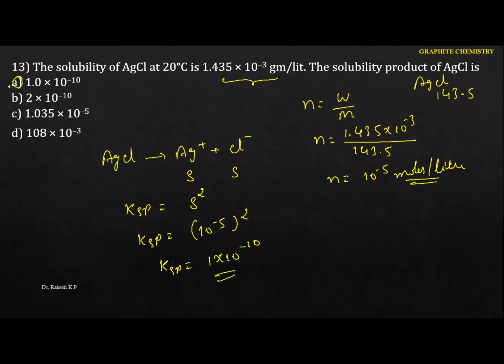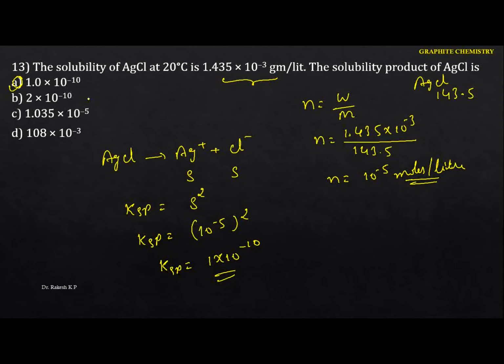Okay, just remember one thing, especially in this type of question, they're not going to give the concentration. Instead of the concentration, they're going to give it like this, and you have to calculate like this. So first you have to calculate the moles, and you come to know that this much of the moles is present in the liter, and substitute that value here, and you're going to get 1 into 10 to the power of minus 10.